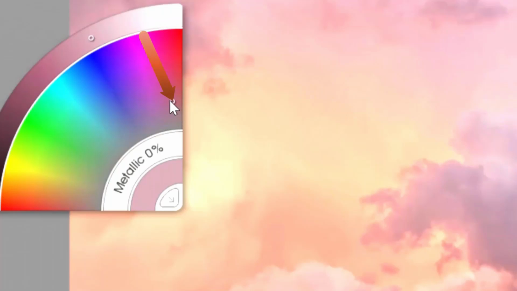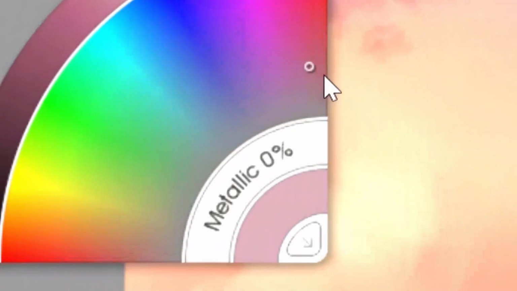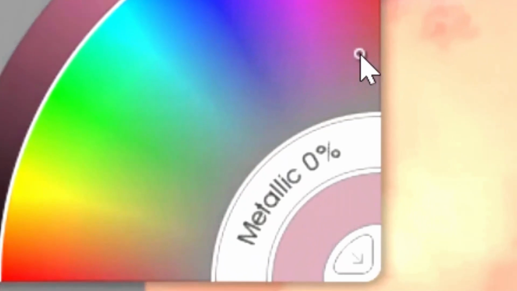It shifted dramatically in saturation. We only have about, I would say, maybe 10 to 20% saturation there. We can still read it as red shifting towards violet. And the value shifted. Value didn't shift that much, but it shifted just enough to cause that feeling